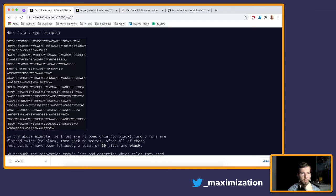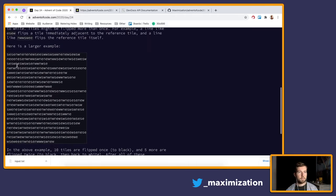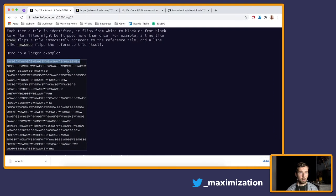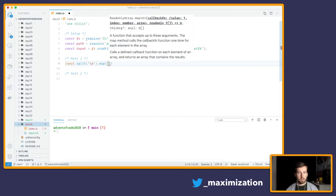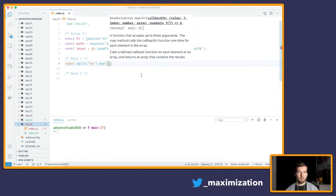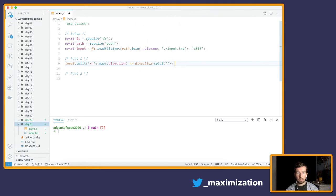So a way to solve this would be, well, first we need to figure out the parsing, which is quite tricky because it's not delimited if we separate this by nothing. So let's try input split. We're going to get new lines. So we split by new line, and then each line is going to be mapped. What do they call this? Instructions or directions. Let's see. Directions, right? So direction split. If I just split it like this, and I just say this is directions,